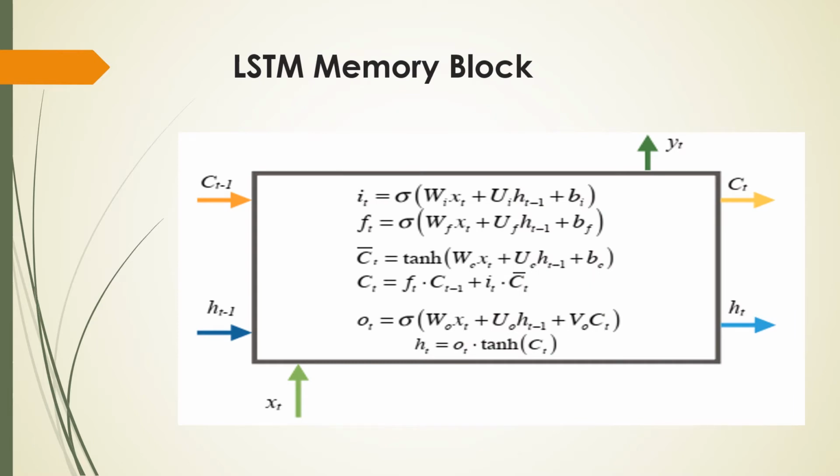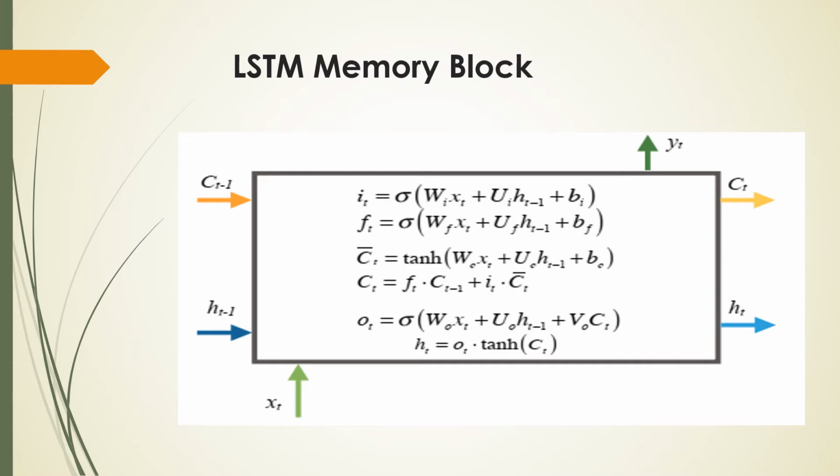This is a simple diagram of the LSTM memory block where C(t-1) is what, S(t-1) is what? These are the three questions we should have in mind. C(t-1) means the cell state information which is coming from timestamp t-1. Similarly, S(t-1) is some information coming from the hidden layer at timestamp t-1, while xt is the input given at timestamp t, and